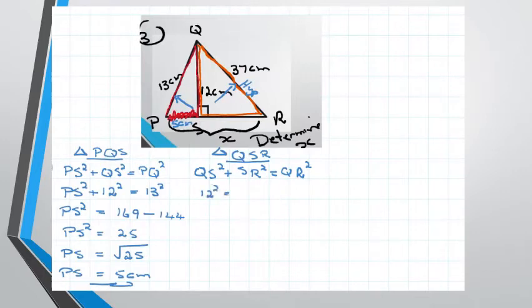I would like to determine this time SR. This is this guy. Let's just try to highlight that fellow down there. SR, I'm going to keep it as SR. That's a plus, of course, equal to QR, and QR to be 37 square. Then on the left, I'm going to end up with SR square equal to, and now 37 square is going to leave me with a value of